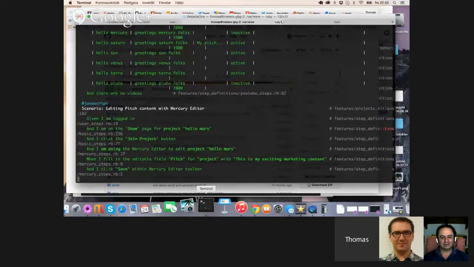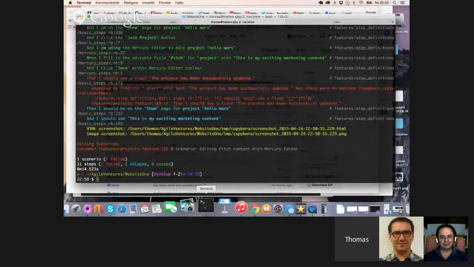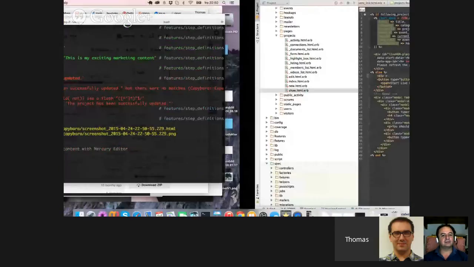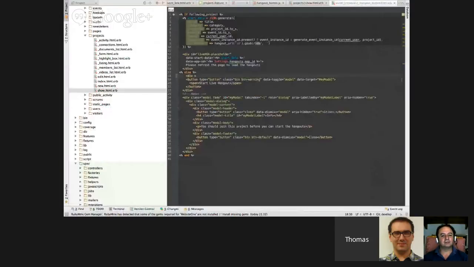But what happens is that since you had assigned the same ID to this div as you have on the real Hangout button, then there is a script that checks for this element and executes a jQuery snippet. And since you are not passing in whatever you have on lines 13 and 14 on this one, it throws an error, and that's why PhantomJS is messing up, basically. You know what I mean?